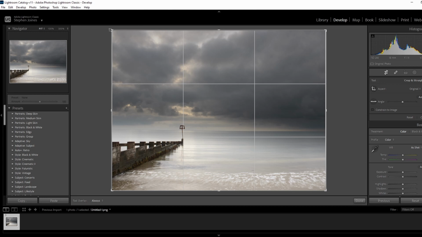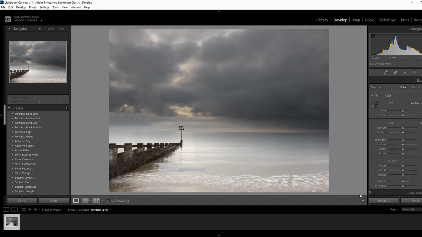But we're going to crop the image slightly, just ever so slightly, and that's got rid of the white border around the outside. Simple as that. And now you can actually still do any edits that you wanted to do. I'm not going to go absolutely mad over it, but you know,